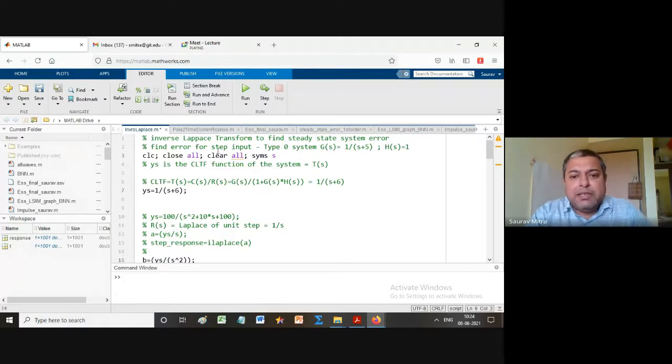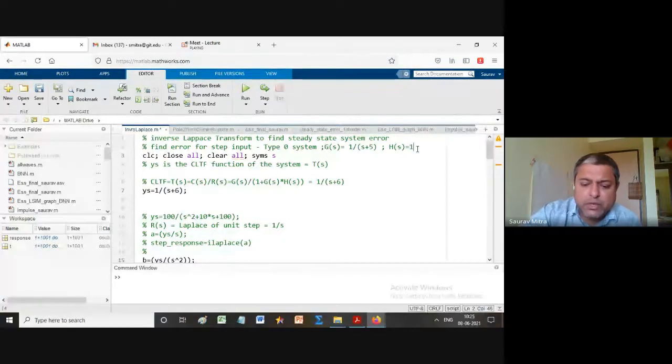Again I will give you a recap from the beginning. What we are trying to find out is the steady state error for a type 0 system. Type 0 system I'm defining first. For that G(S) I'm defining as 1 by S plus 5. For the same system, to take type 1, we'll just multiply it with S, and accordingly the change will come in the denominator. For the type 2 system we'll take S square. So understanding I will develop like this. When you take a more complex system, it will be easier, but the fundamentals will remain the same.